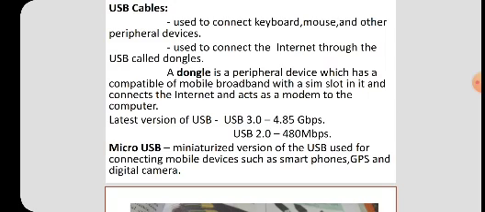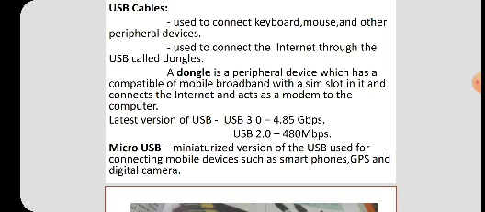So what are USB cables? USB means universal serial bus, which is used to connect the keyboard, mouse and other peripheral devices. They are mainly used for dongles. What is a dongle? It is a small peripheral device with mobile broadband and a SIM slot in it, which connects to the internet and acts as the modem to the computer.